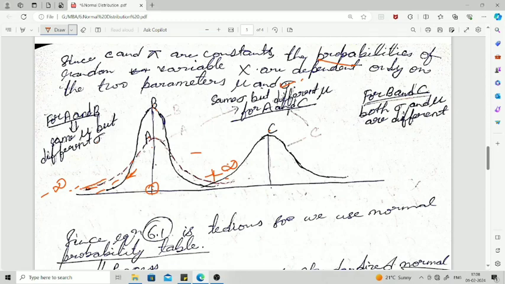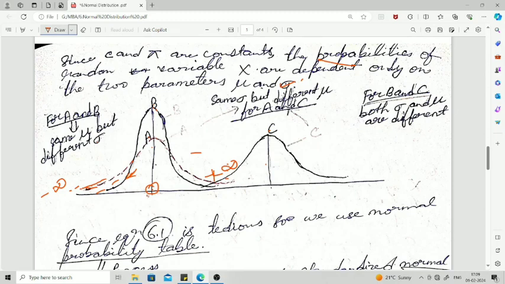Okay, it means, or you can say the dotted one, that is A, that has more spread. The spread of A is more and the spread of B is less. So it means here the standard deviation of A is greater as compared to B. Okay, and in the case of C you see the mean and standard deviation both are different, because